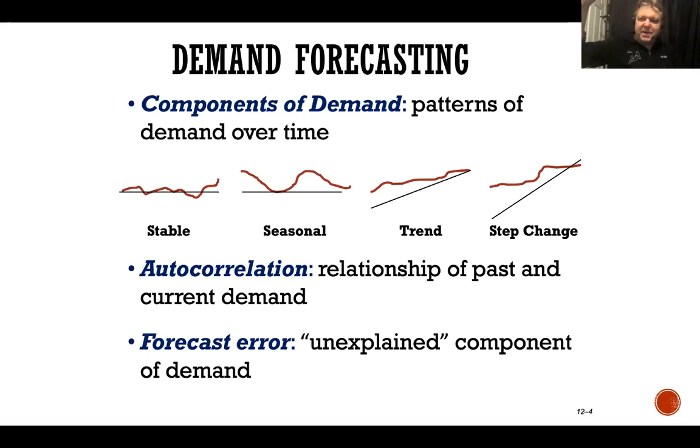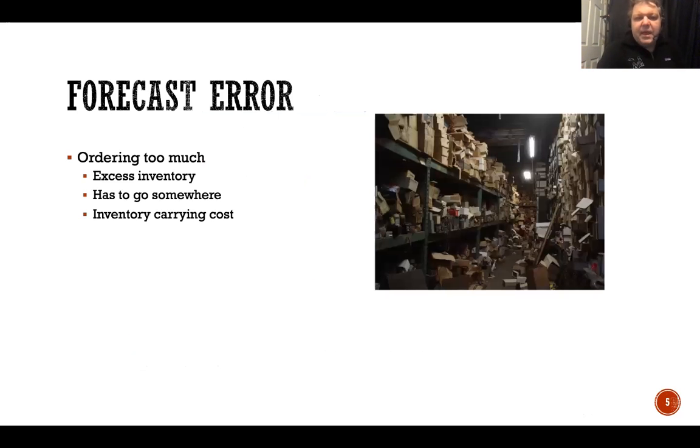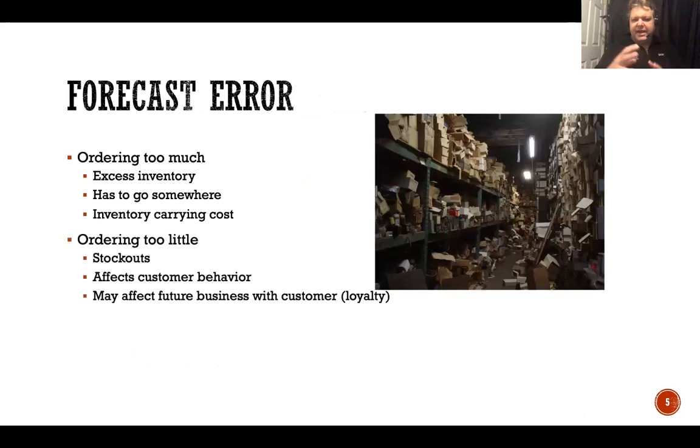It's like toilet paper back in April where you couldn't find any. Suddenly candy just becomes a big deal. Why? Well, we don't know. That's the unexplained component of demand. Something else happened, or people's mindset changed, or social challenges happened, whatever it might be. And wow, am I surprised. I don't understand why things are doing what they're doing, but we call that forecast error. It's an unexplained component of demand. We just don't understand. Now, why is all this important? Remember, we talked about that balance that we have with forecast error.